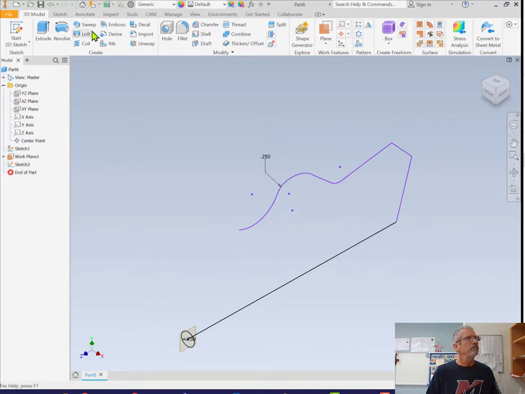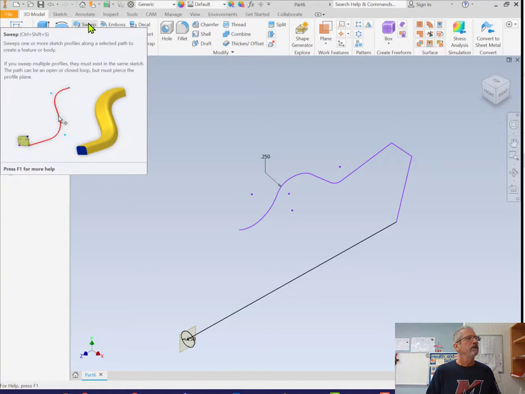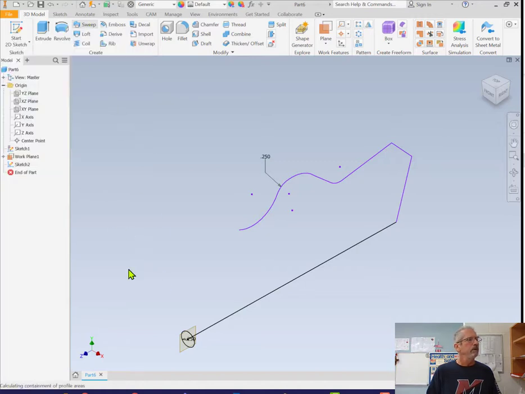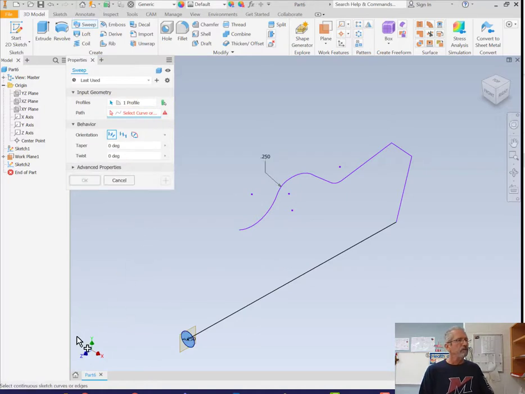But I'm going to go up to this tool called Sweep. I'm going to take this sweep, and down here in my status bar, it's going to say, hey, select a sketch. Well, this is the only sketch that has something that's closed in, and it has got to be a closed form. Okay, so once you get this closed form, it's going to say select the curve or sweep or pattern. So I'm going to select this,